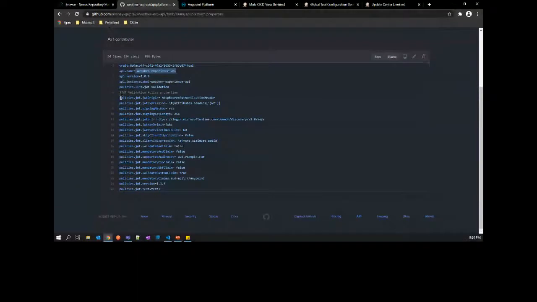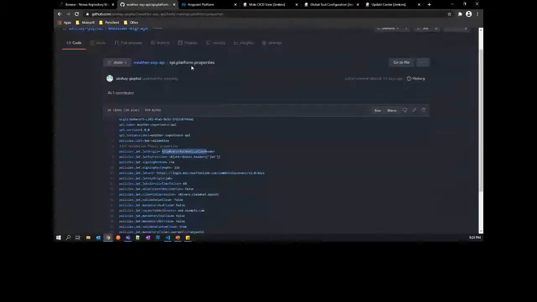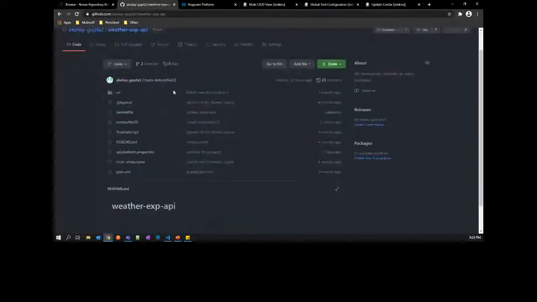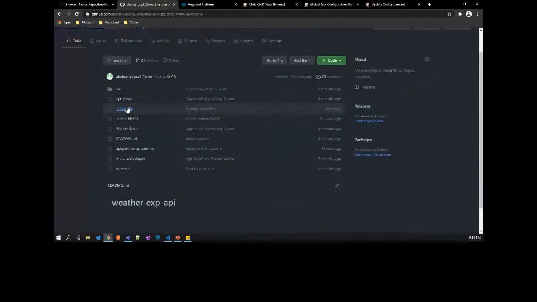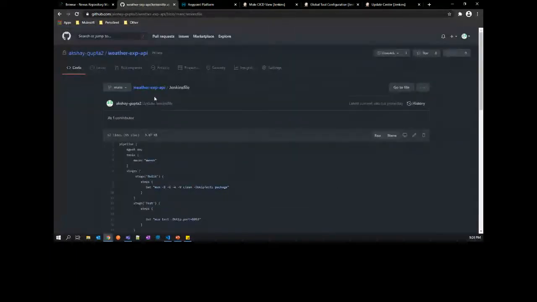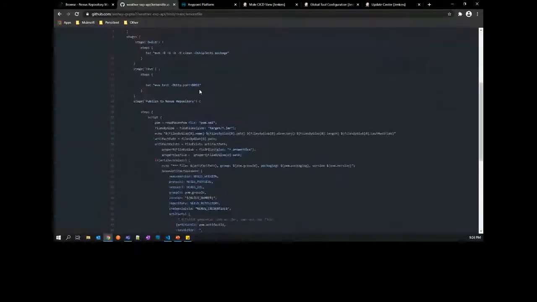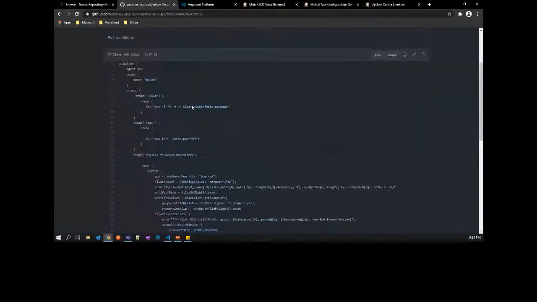And then you have your policy related configuration. So for example, here we'll see the JWT validation properties. All the properties that are required to configure this JWT validation policy have been configured here. So this is one file that is important. And for the CI flow, we have the Jenkins file available in the project itself. So we'll see this in detail once we see the CI pipeline.